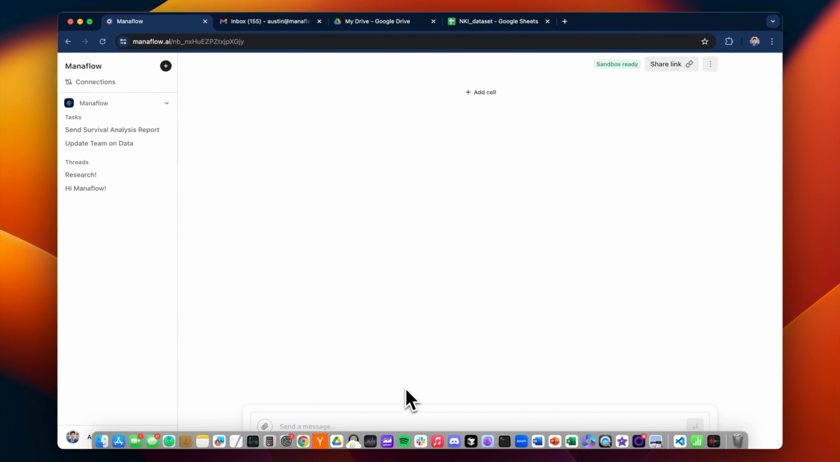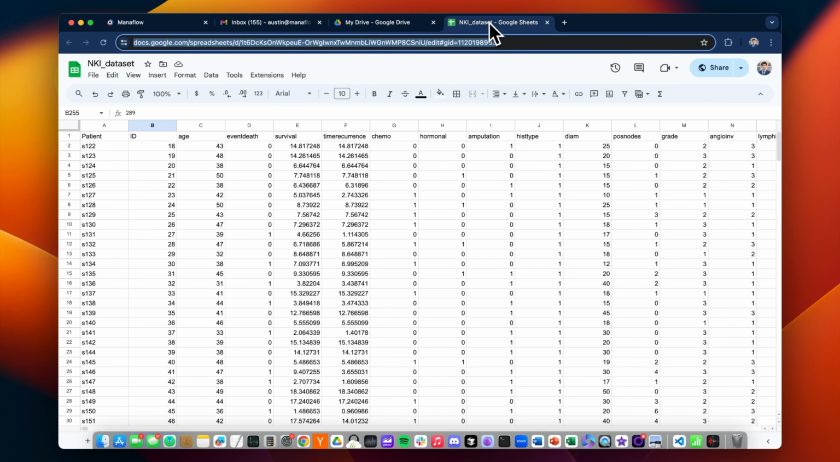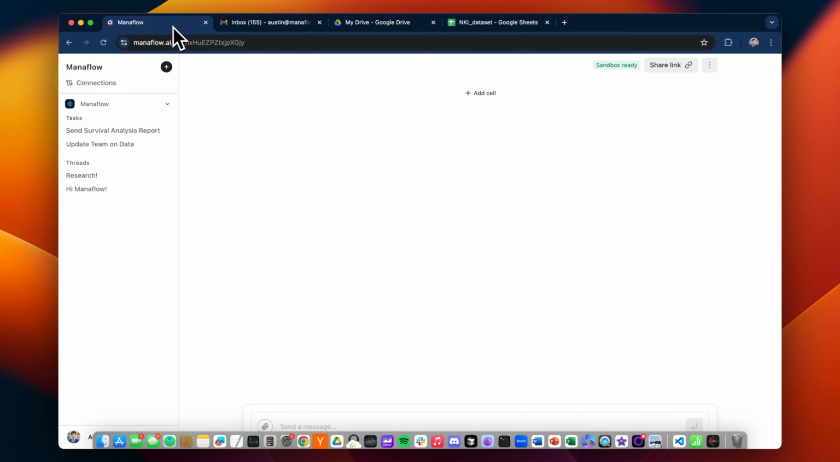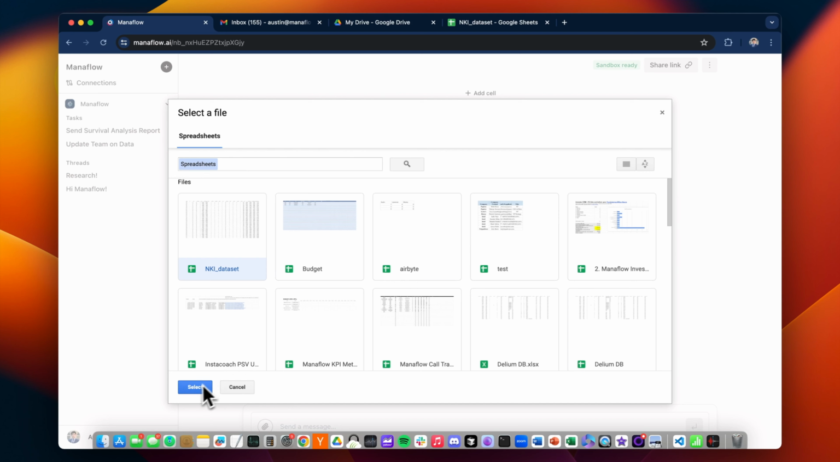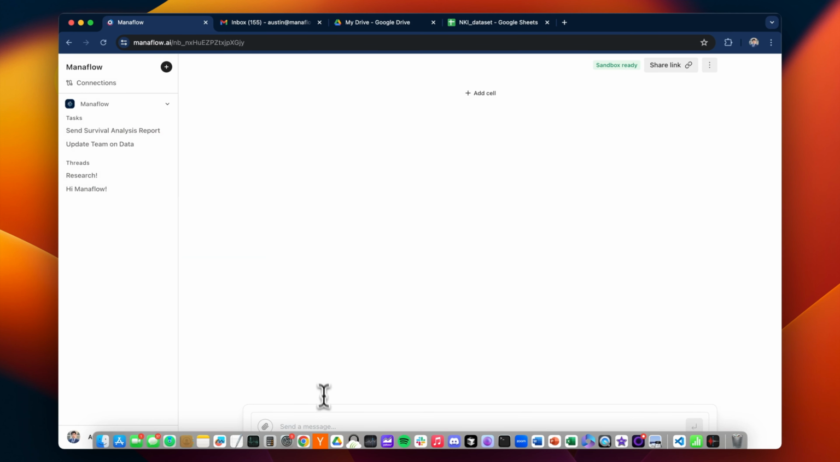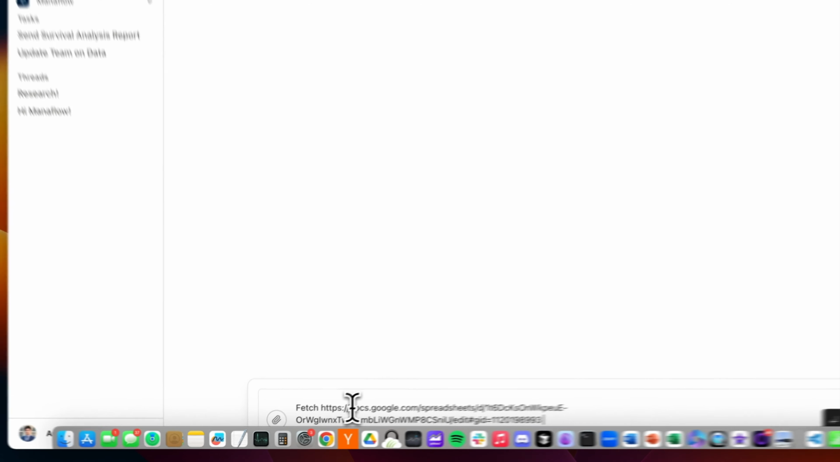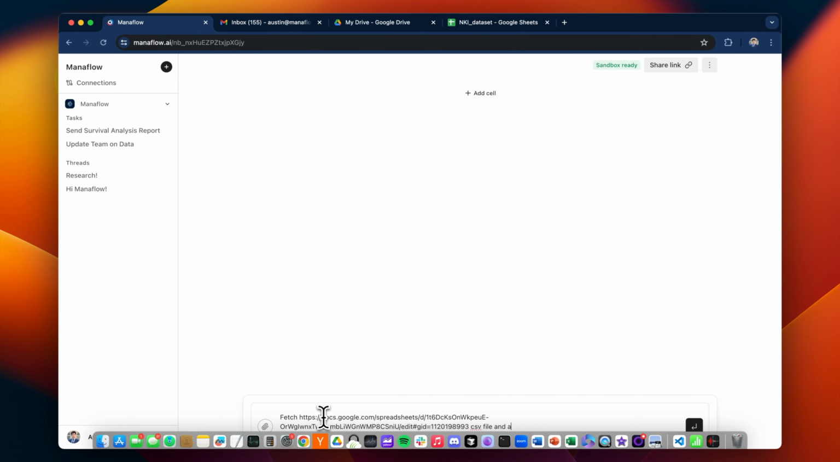So now let's start with some data. Okay, so I have this data set here that I want to analyze. There are two ways to get this onto Manaflow. One way is to download it and then upload the file. The other way is to go to Google Sheets, click on this, and then select. The last way is to just fetch it with the link. So I'm going to tell it: fetch this CSV file and analyze it